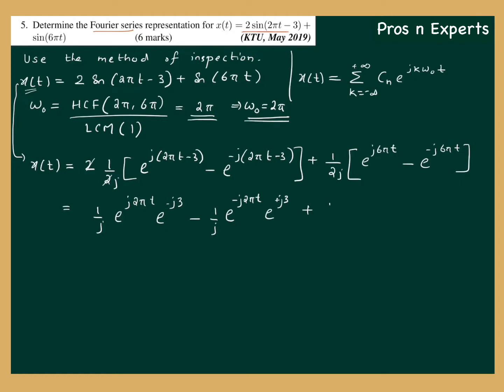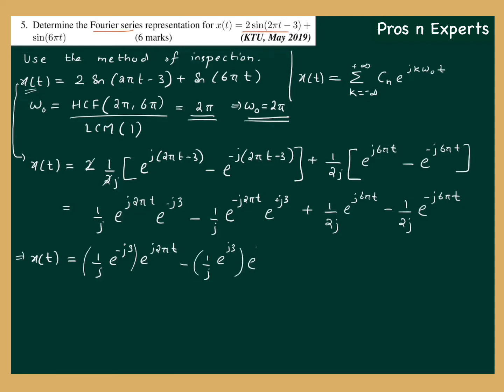That is 1 by 2j e raised to j 6 pi t minus 1 by 2j e raised to minus j 6 pi t. A little more simple rearrangement will give me 1 by j e raised to minus j3 into e raised to j 2 pi t, minus 1 by j e raised to j3 into e raised to j 2 pi into minus 1 into t. I can write e raised to minus j 2 pi t as e raised to j 2 pi into minus 1 t for specific reasons, plus 1 by 2j into